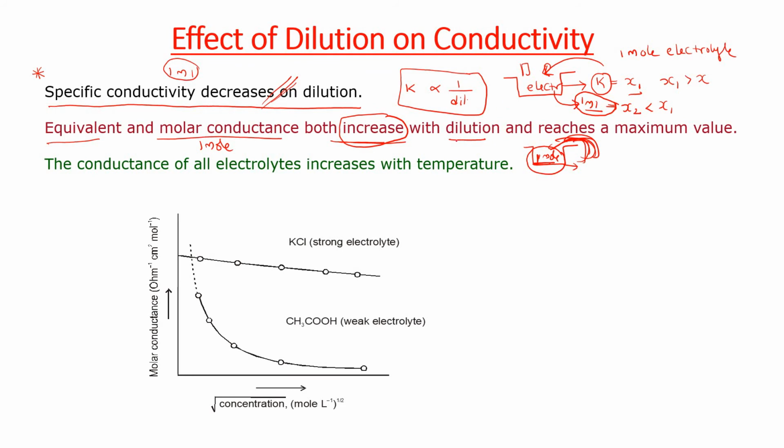molar conductance will increase. But in the other case you need to remove every time when you do dilution, we need to remove 1 ml from this one. That is the reason what happened here. Conductivity decreases on dilution, whereas molar conductance will increase, because on dilution the force of attraction between the ions will decrease. They move very, very fast actually. Okay, understood? Next, with increasing temperature, definitely the conductance will increase.